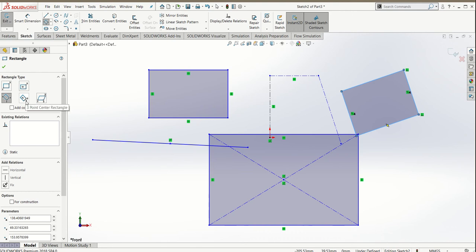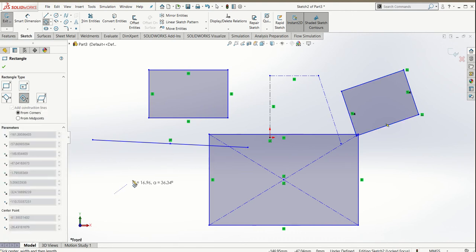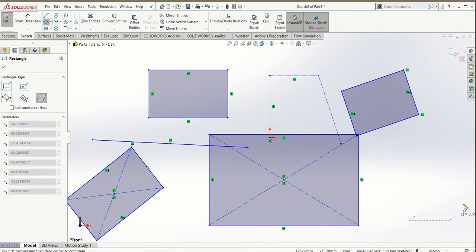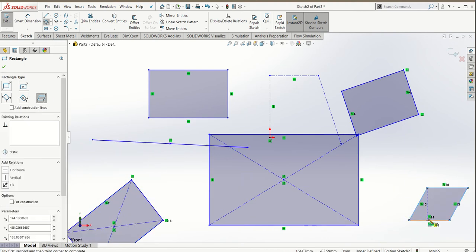Now for the 3-point center rectangle, my first point, second point, and third point. And the last one is a parallelogram. So first, second, this. So this is how you can create a sketch. Now